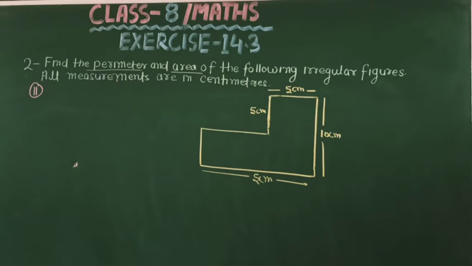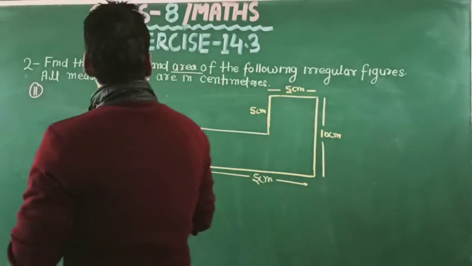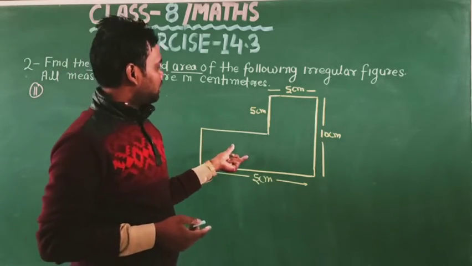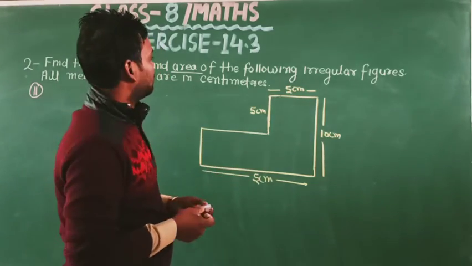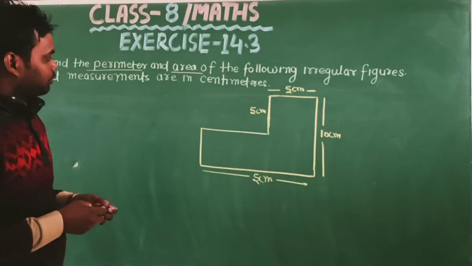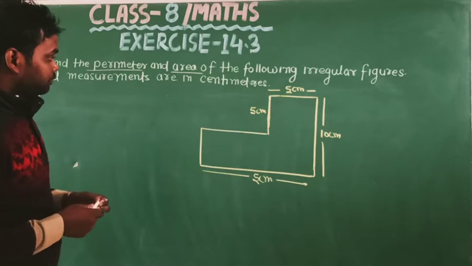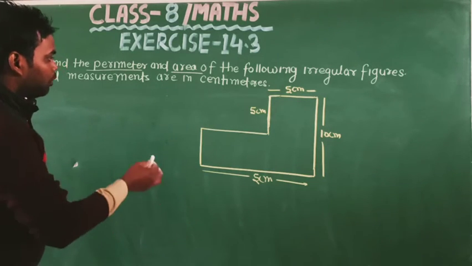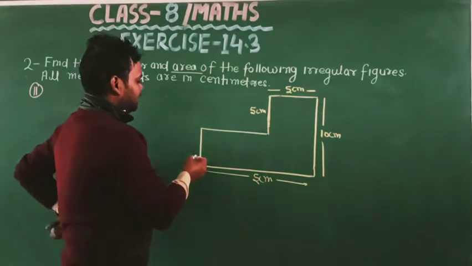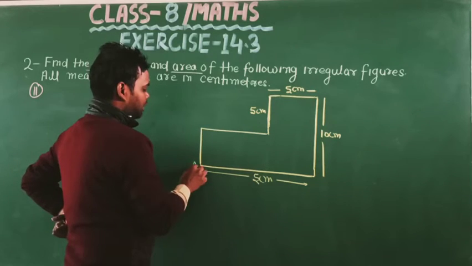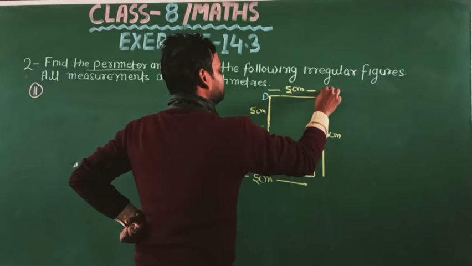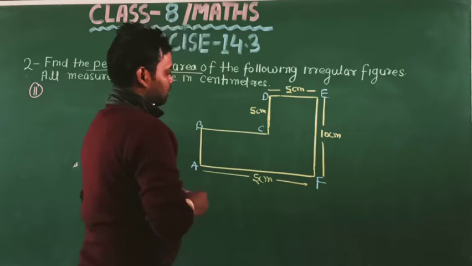Okay children, now move to the second part of question number second. This is the figure. Also find its perimeter and area. Okay. So first, taking the names of the vertices. Suppose these are the points A, B, C, D, E, F. Okay. So children,